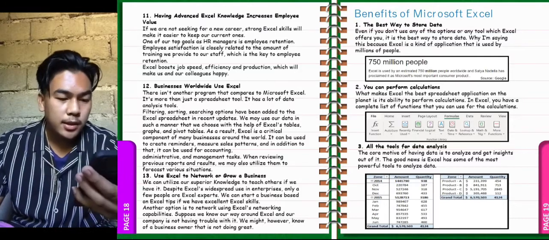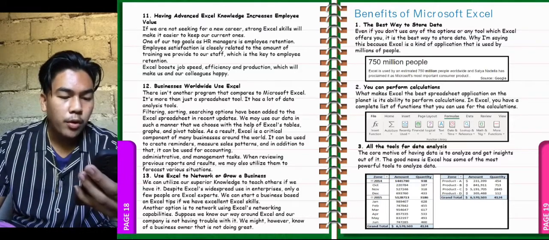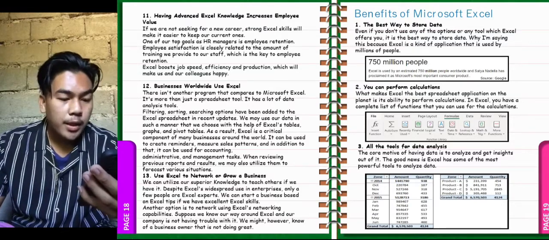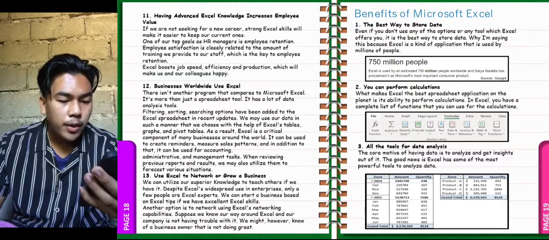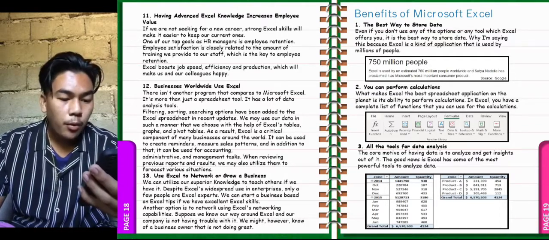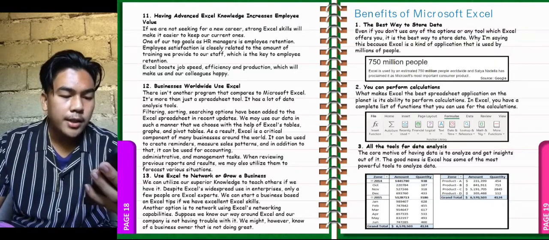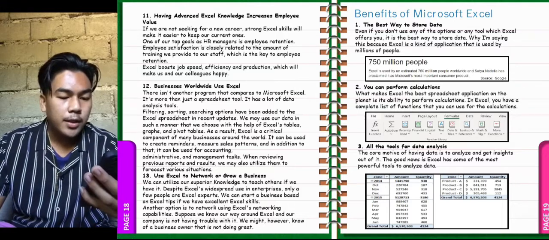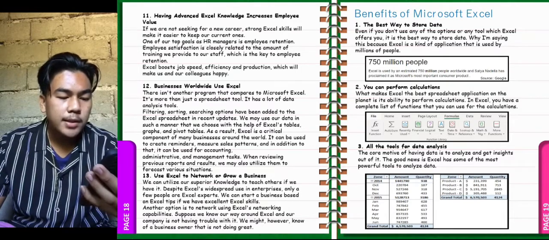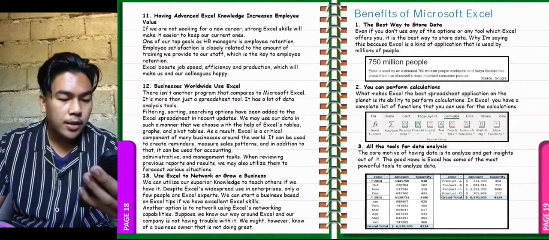The last is number 13, use Excel to network or grow a business. We can utilize our superior knowledge to teach others if we have it. Despite Excel's widespread use in enterprises, only a few people are Excel experts. We can start a business based on Excel tips if we have excellent Excel skills. Another option to network using Excel is